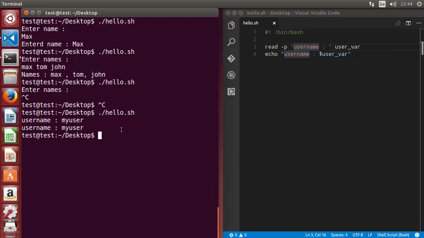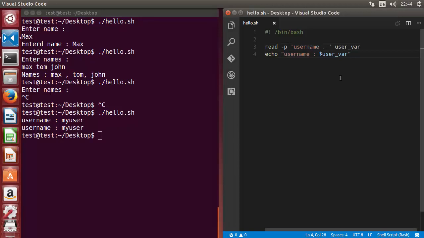So you don't want to show what the user is typing. Then you can use a flag called -s, for silent, right? So let me just show you what I mean. With this read, you just add an -s flag and then a -p flag, and then for example this is a password. Okay, so just write password, and then just change the variable name, for example pass variable, and